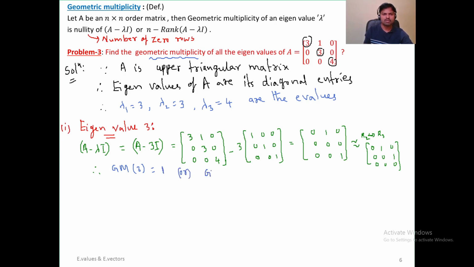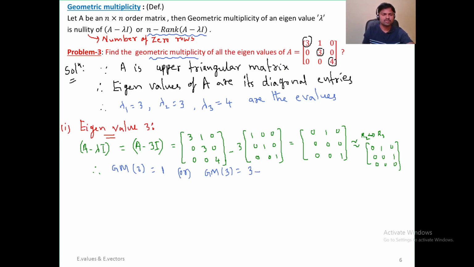Or you can conclude like this also, by the second definition. So geometric multiplicity of 3, by using this: n minus rank of A minus lambda I. Look at this definition. So what is n here? A is of order n by n. So here A is of order 3 by 3. So n is equal to 3, right? So 3 minus,